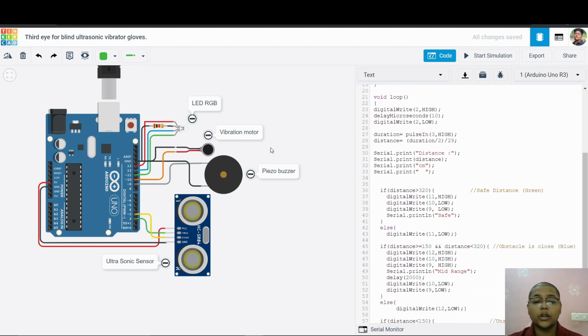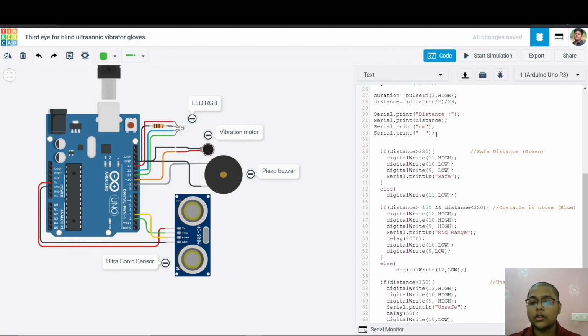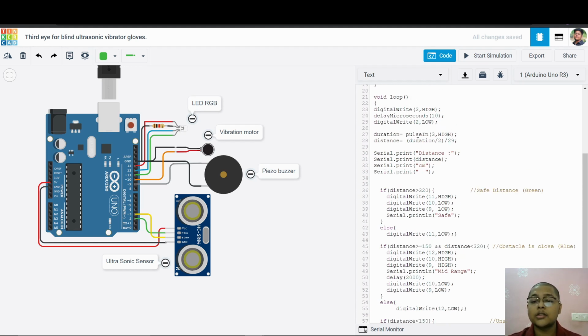After that, we receive some echo, some high value from the echo pin. So we calculate for how much time we received that high value through the echo pin. We stored that duration in the duration variable via the pulseIn function, and then we converted that duration into distance using a formula.